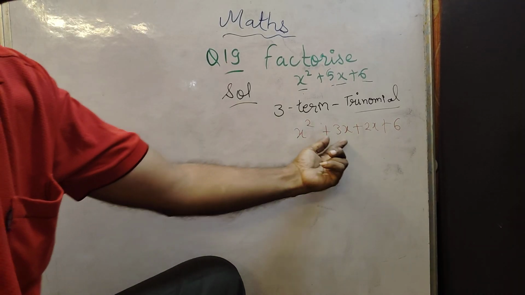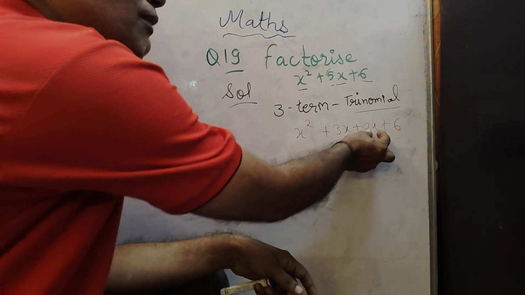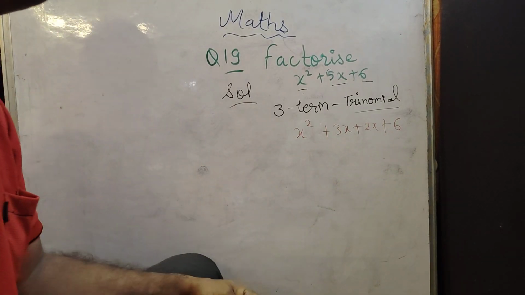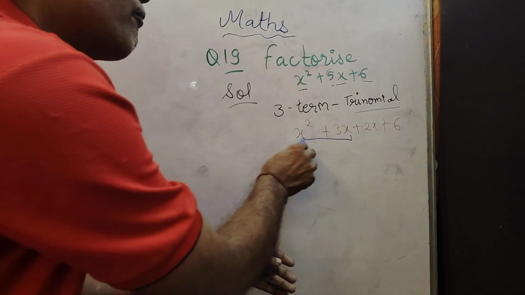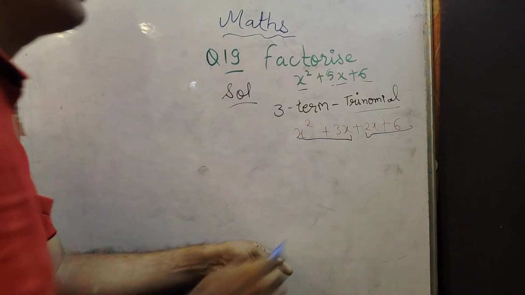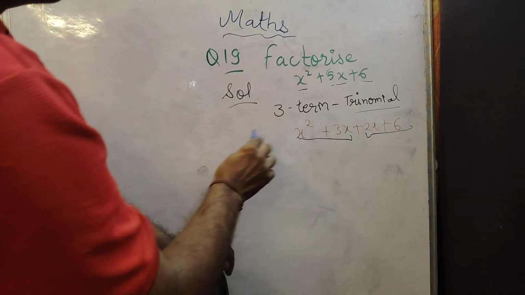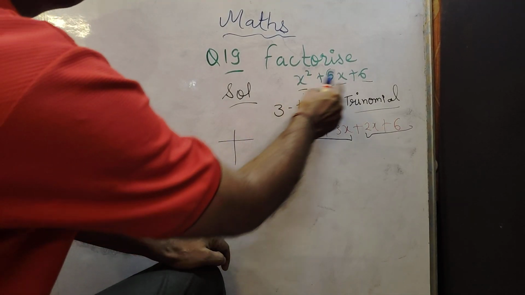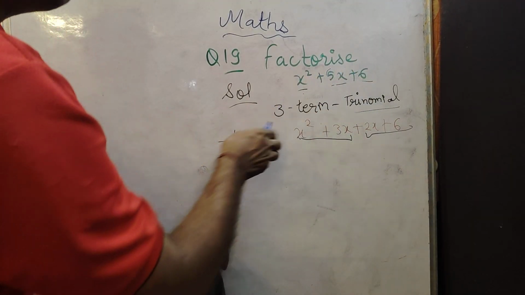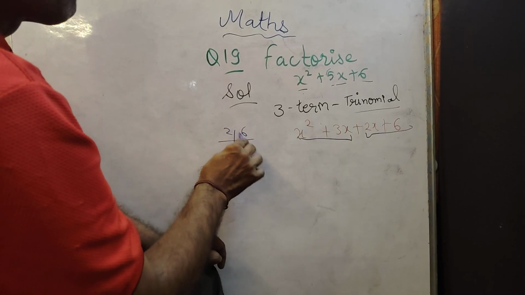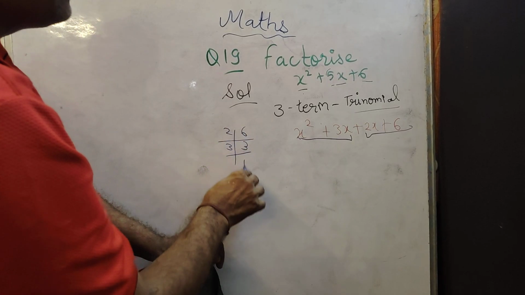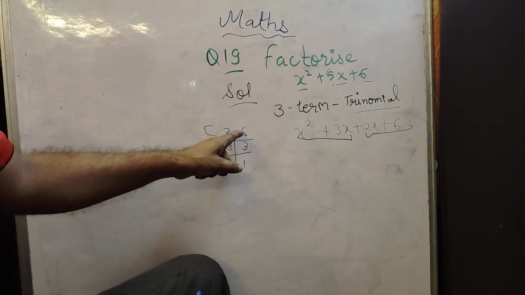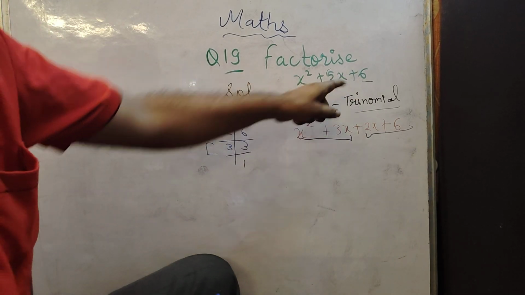So after dividing this 5x as 3x plus 2x, we get four terms. Total there are now four terms. Now from the first two terms we take common. If you don't know the split 3x plus 2x, you can find the prime factorization of the product of the outer numbers. The outer numbers' product is 6 and its factors, dividing by prime numbers, are 2 and 3. So 2 and 3 are two factors. It gives us 6 when we multiply, and when we add we get 5x.